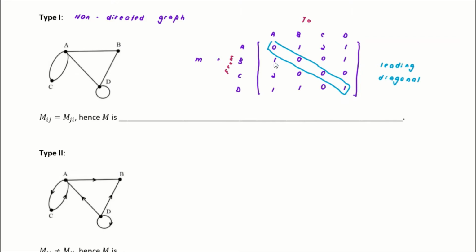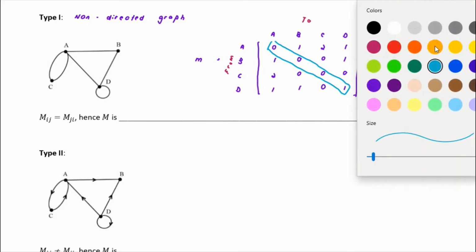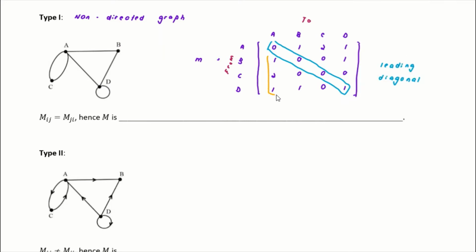You can see 1, 1, 2, 2, 1, 1, 0, 0, 1, 1, 0, 0. Why is that so? Because of what I explained just now. B to A is supposed to be the same as A to B. C to A is supposed to be the same as A to C. D to A is supposed to be the same as A to D. So that's why it will give you something like a mirror image when you try to refer to like this